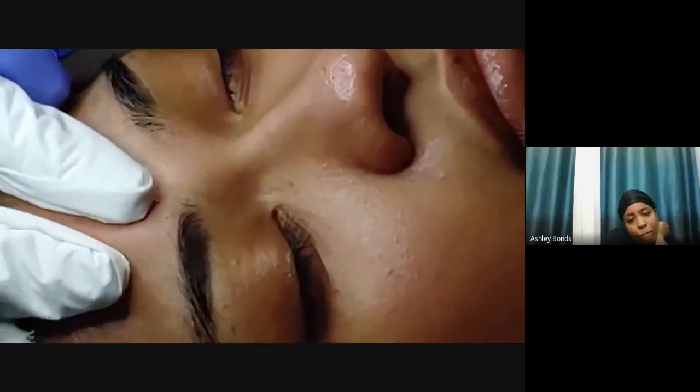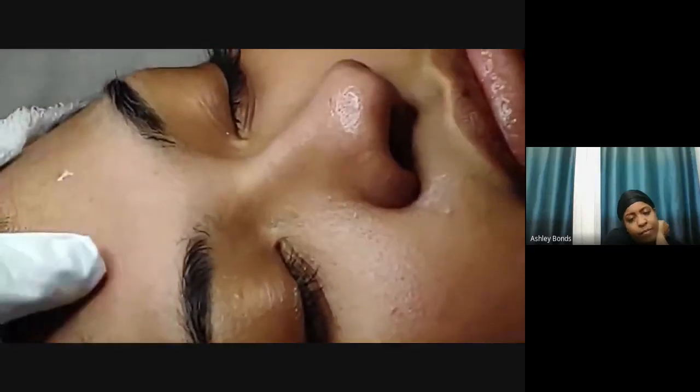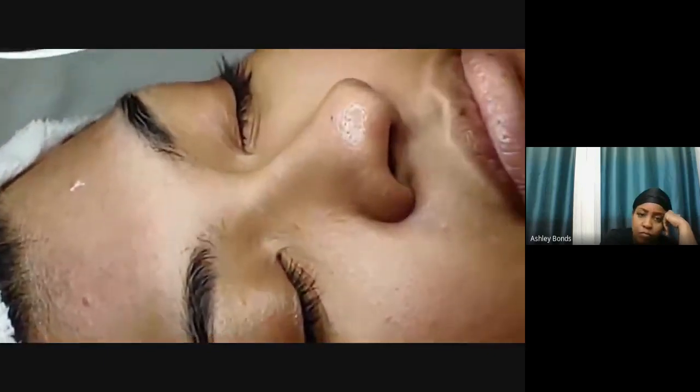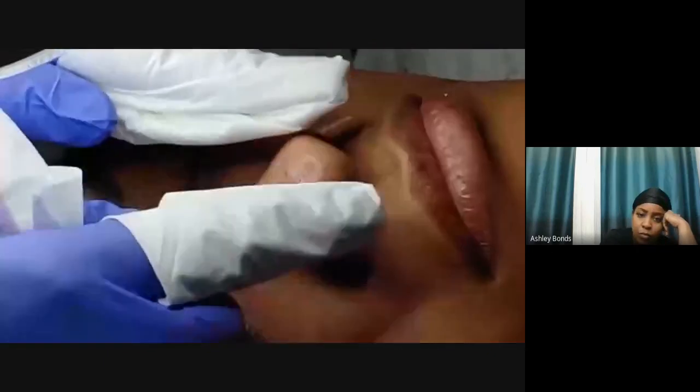I could. I just always have to remember to wipe down, out of the follicle. Don't wipe up, because you'll be pushing bacteria back up into the follicle. So I'm going to come over here and start working on her nose. The tip of the nose, you can just pick up and just...